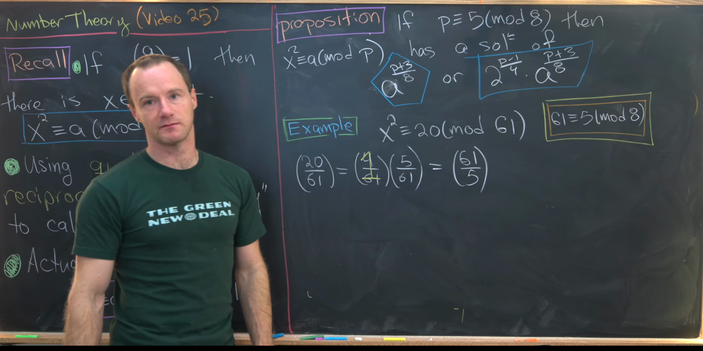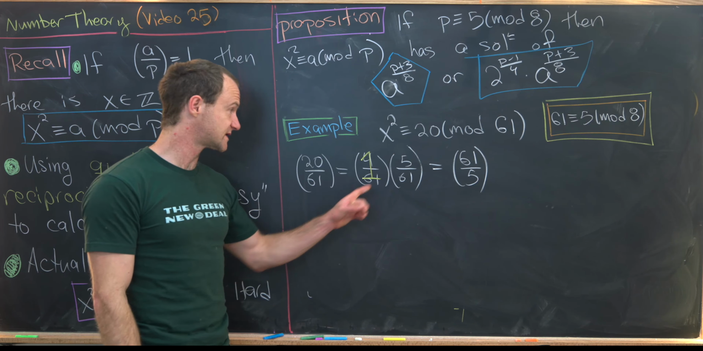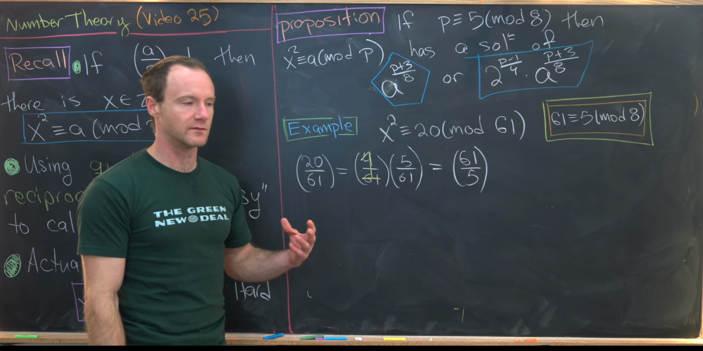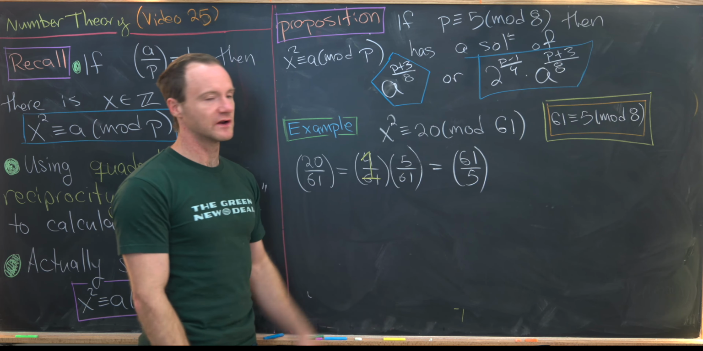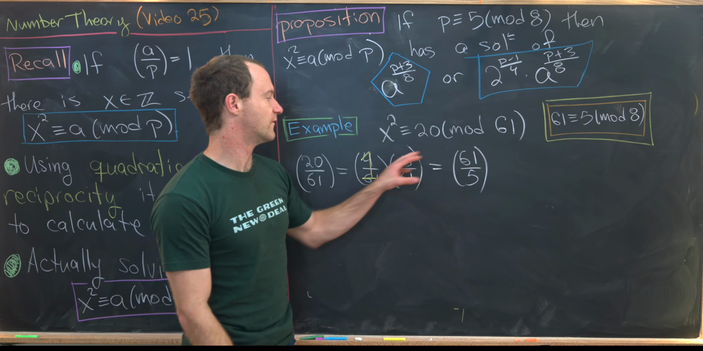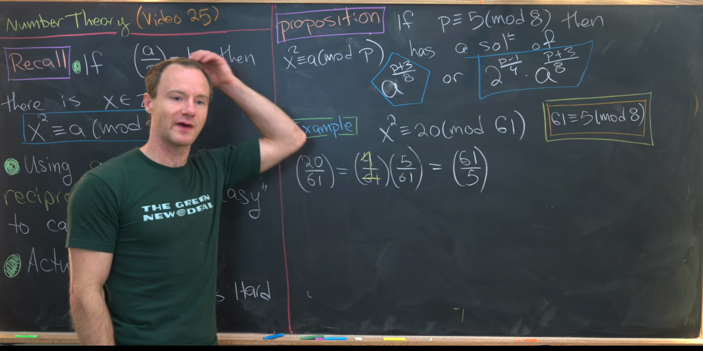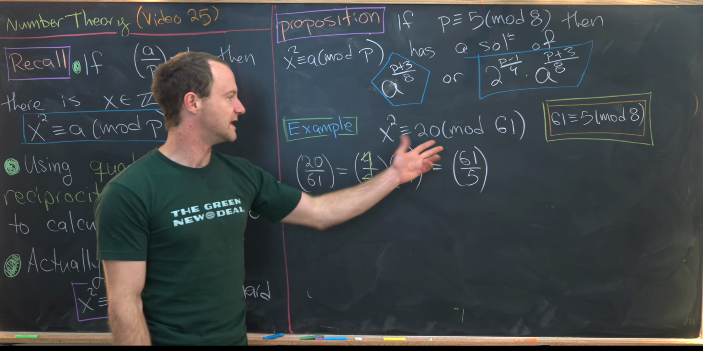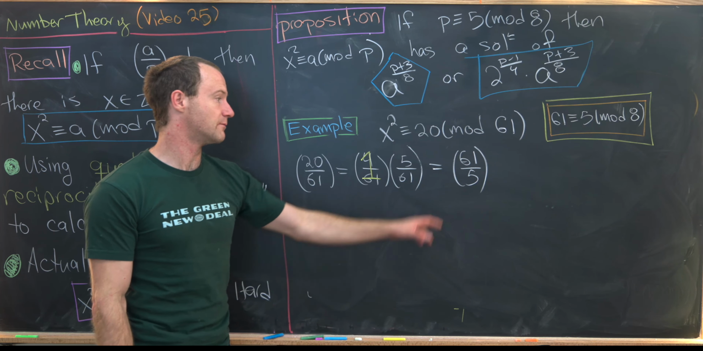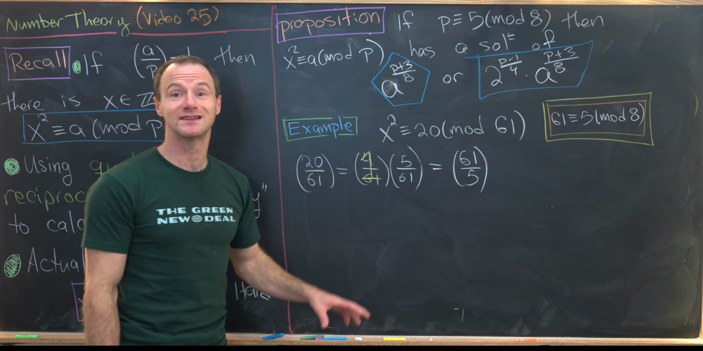Do we need a plus or a minus? Well, in fact, we need a plus because 5 is congruent to 1 mod 4. And we know if at least one of them is congruent to 1 mod 4, you can flip these with no problem at all. Okay, but next we see that 61 by 5, well, we can reduce that top part,